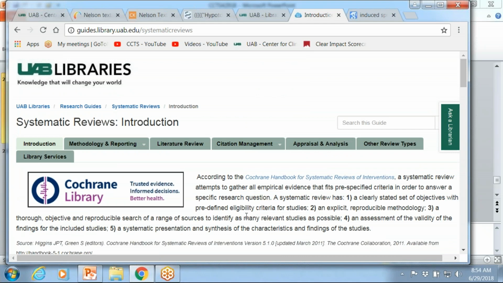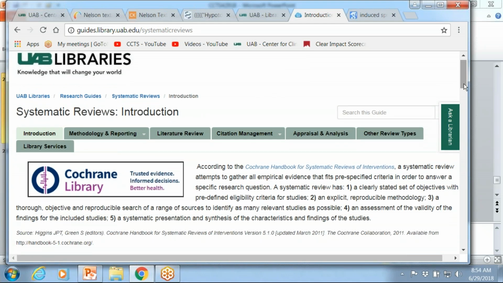And if you're doing a systematic review, why not publish it? It's going to help you with your research, and it really hones down your methods.